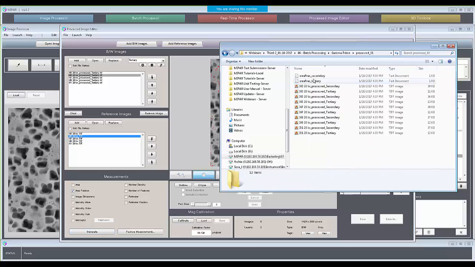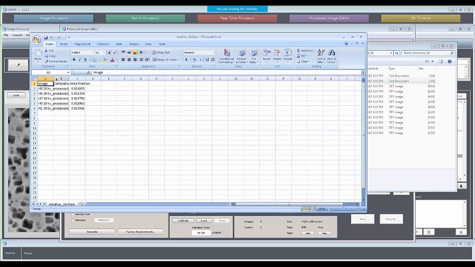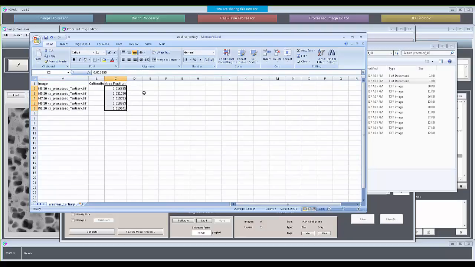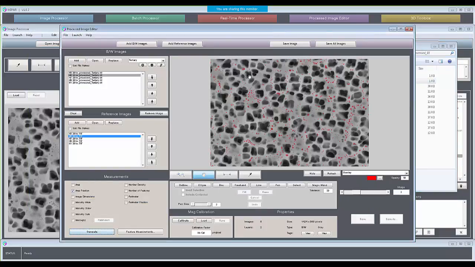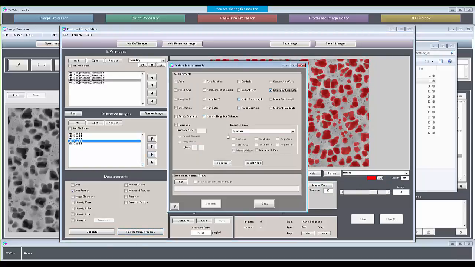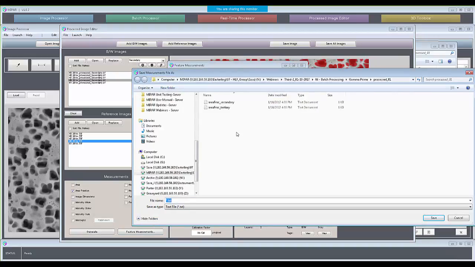So now in this folder we've got these two. So area fraction for each of the tertiary selections, and the same for the secondary. That's bulk global measurement exporting. If you wanted feature by feature measurements made for every image, say you wanted the particle sizes from each image, go and hit feature measurements, pick off the ones you want, save those to